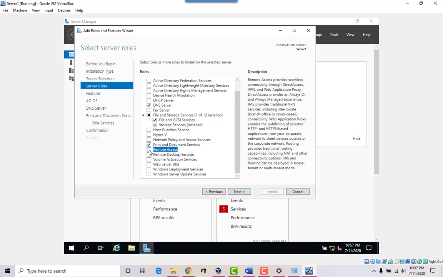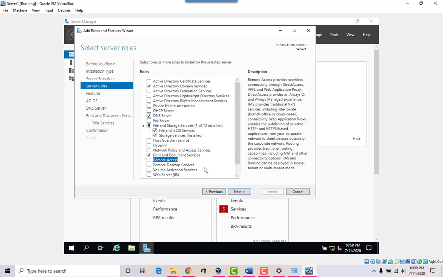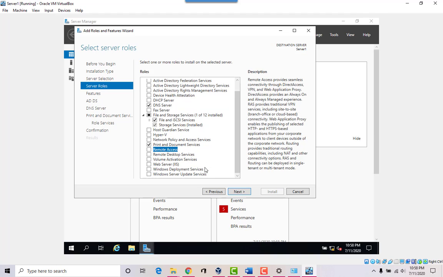We don't need this one also. So remote access is already part of the server. We don't need to worry about enabling it. But it is one of the requirements to remote from the Windows 10 machine into this Windows server remotely. So I'll show you how to activate that. And then we also have this web server, but we can do that one later on. And I don't believe there's anything else that we need to turn on over here. We'll click next.